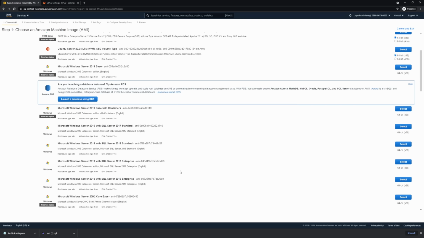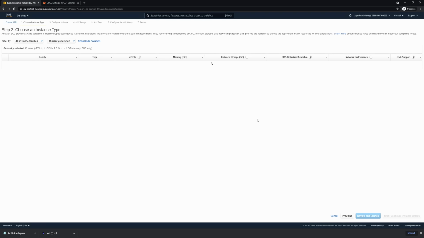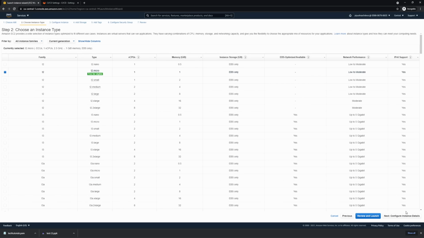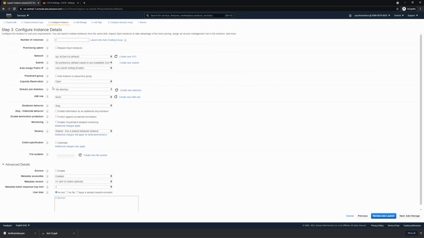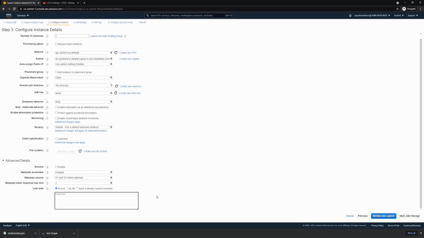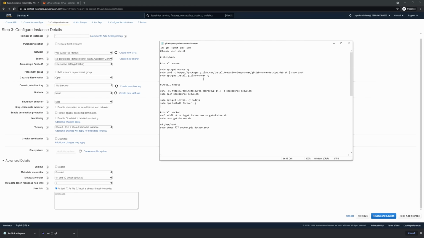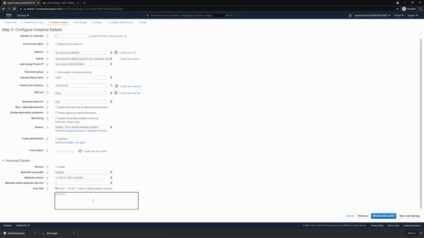and then we have Ubuntu image. I'll select it from here. T2 micro, this should be good. Configure instance details. Okay, rest of the settings would be same. And for the user data script section, we don't want all the steps to be performed over here because we don't want GitLab runner over here. So we would just want to install Node.js package, and that should be enough to act as an EC2 server. So I'll just copy and paste it over here,